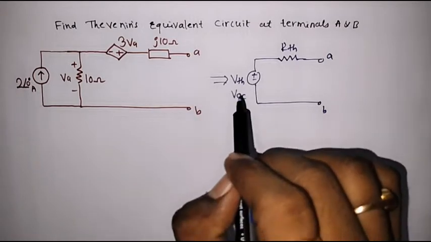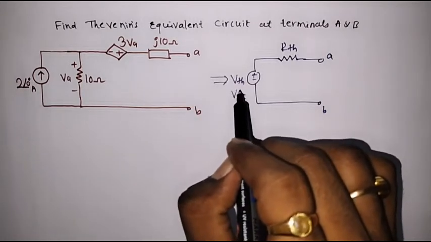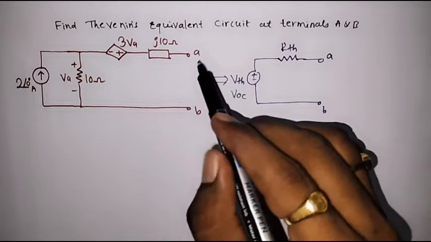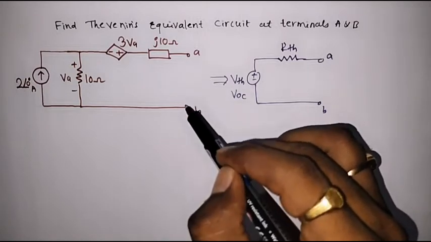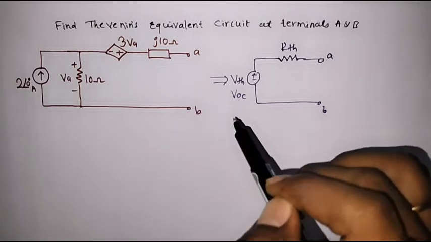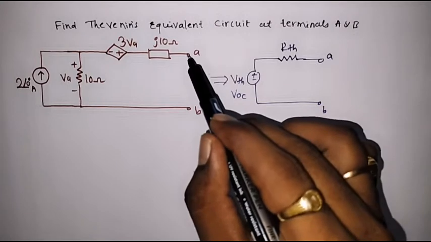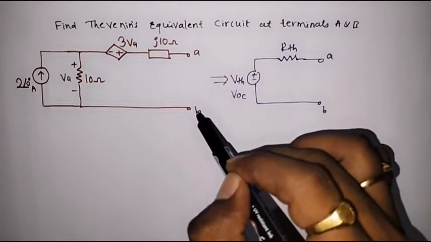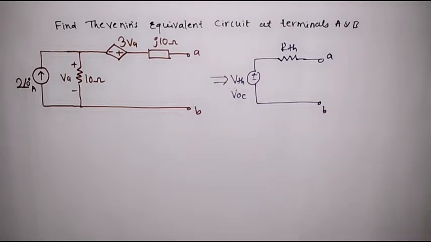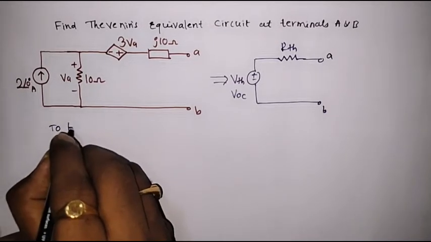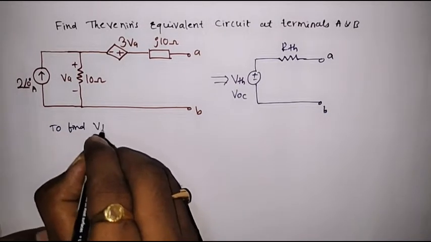VTH is nothing but Thevenin's voltage. Thevenin's voltage is nothing but the voltage between these two open terminals, that is the open circuit voltage. Open circuit voltage itself is Thevenin's voltage, or the voltage between terminals A and B is nothing but VTH. To find VTH,